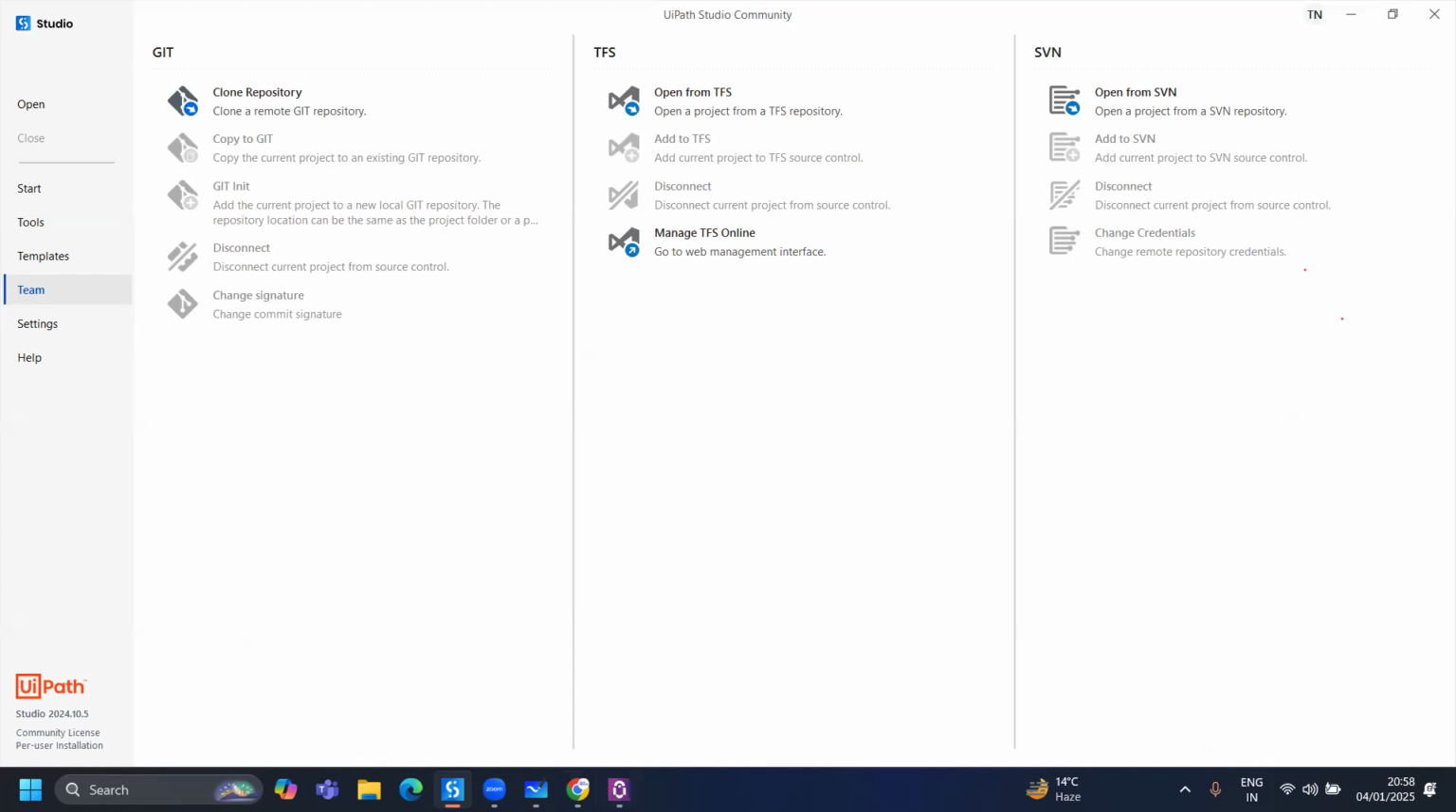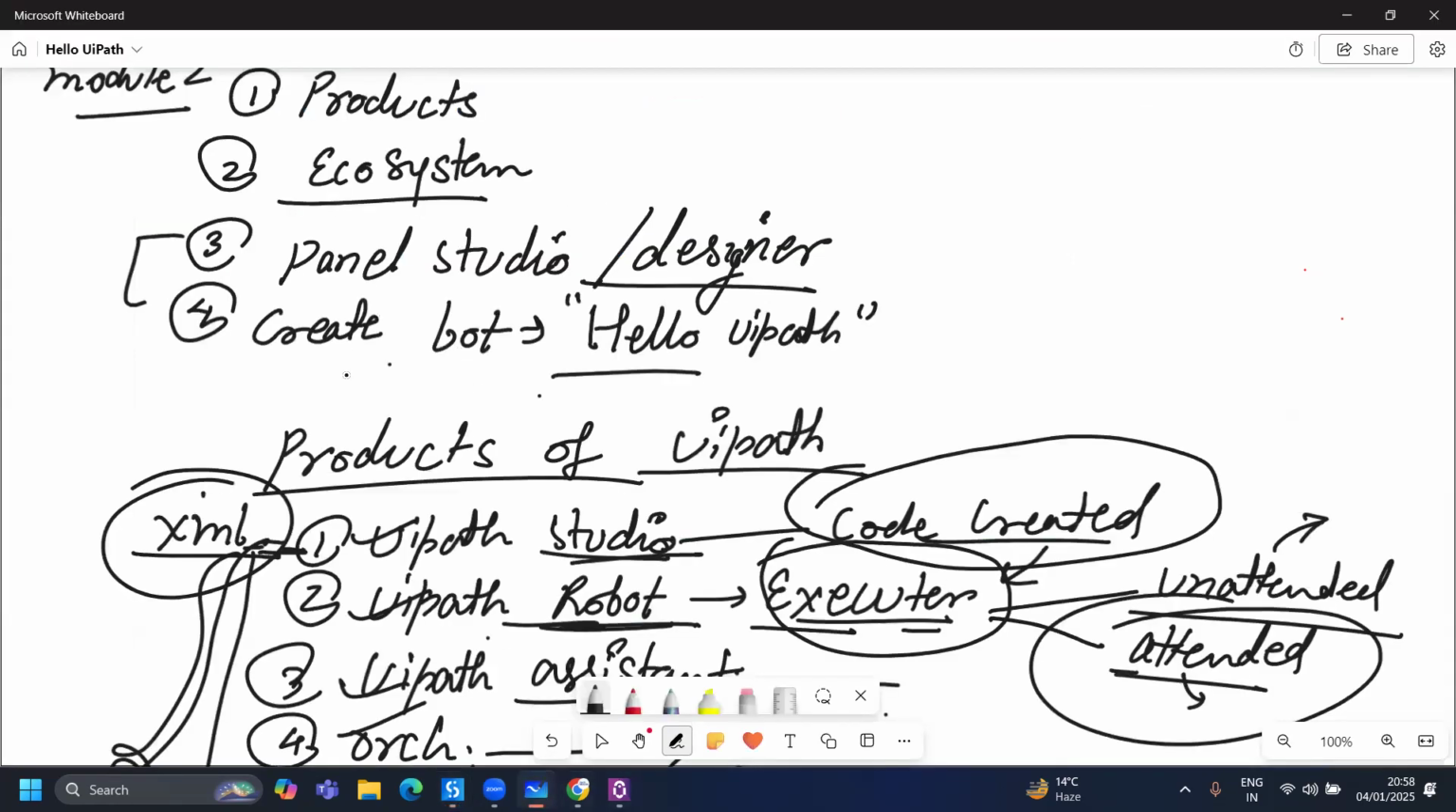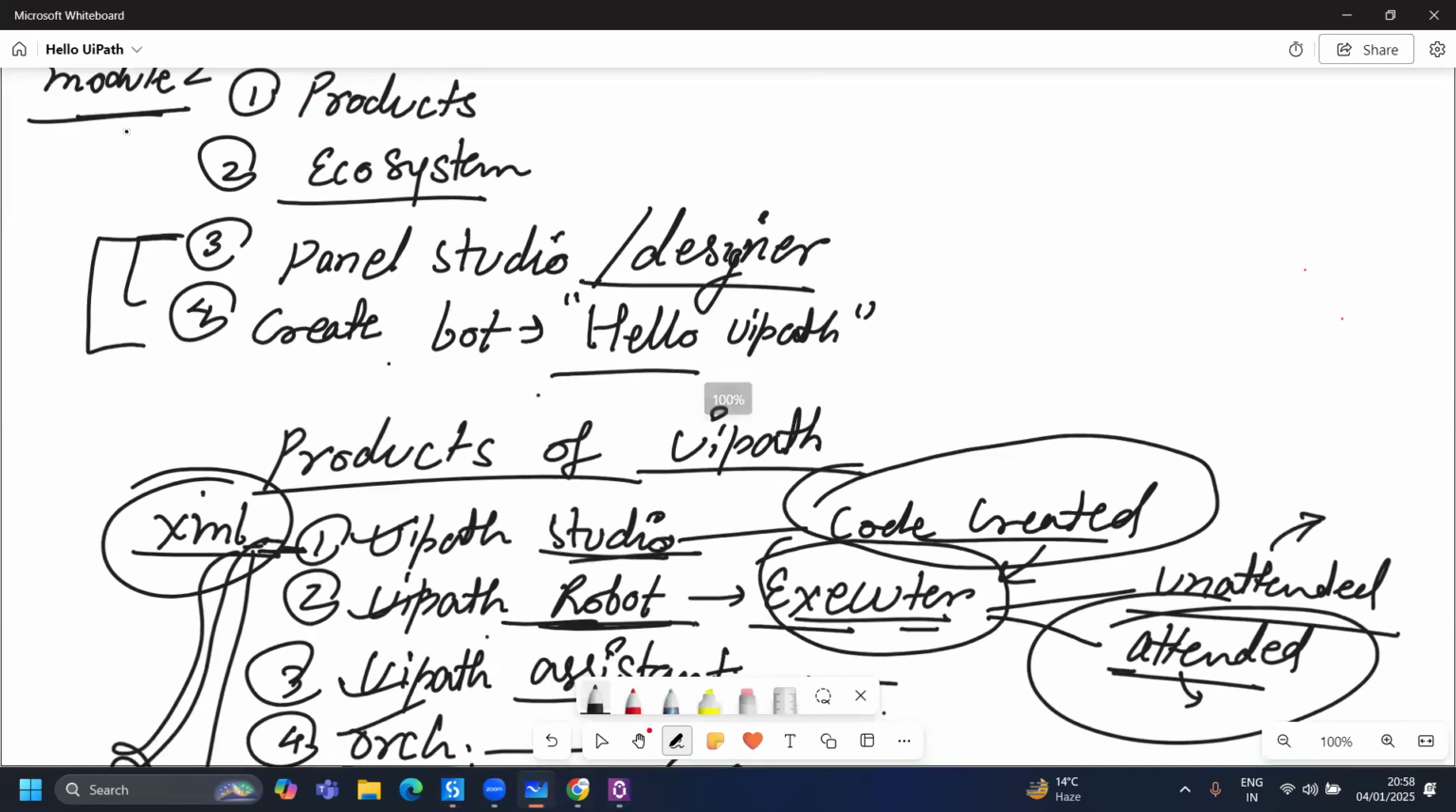And then we need to create a small bot that shows a "Hello UiPath" message. It's a conventional method, right? Wherever we write any programming language, we see "Hello World", these kinds of things. So we're going to take these two things in detail in the next session, and then we will be done with module 2. This is a very small module, and from the third module we will be starting the programming